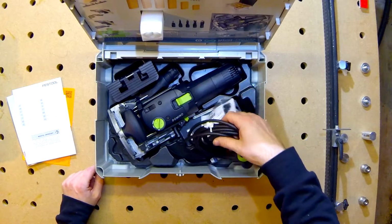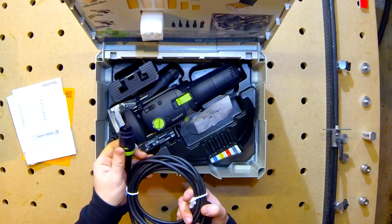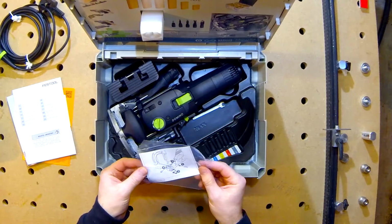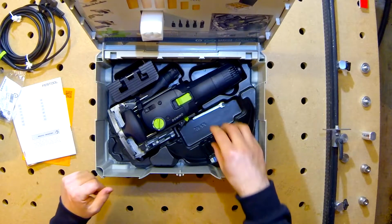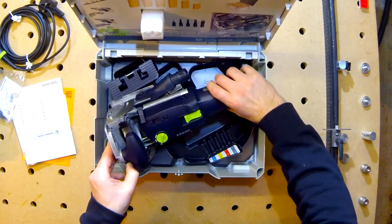We've got Festool's own power connector. One power connector does many. We then have clips, which is cool for fast measuring. We then have the Domino itself, and this thing,